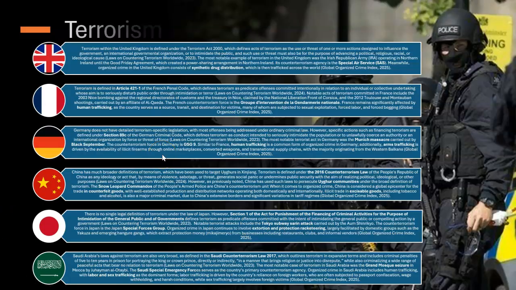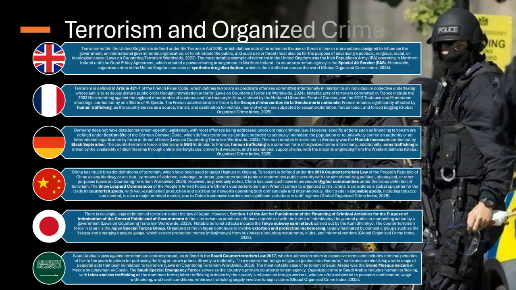Now, defining terrorism is very tricky to do, as the definition of terrorism varies across geopolitical and state lines. However, the theme of terrorism that the United States shares with its definitions among all these other countries is the fact that terrorism is defined as a violent action with political motivations intended to psychologically impact a population or to coerce the government into committing an action it wouldn't have otherwise done in the first place.